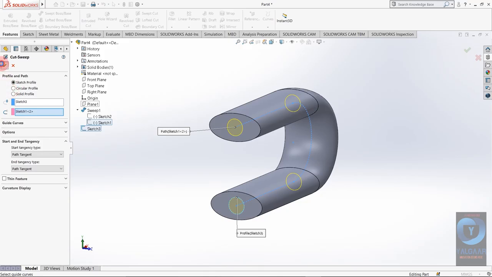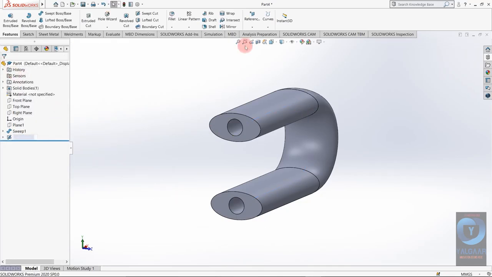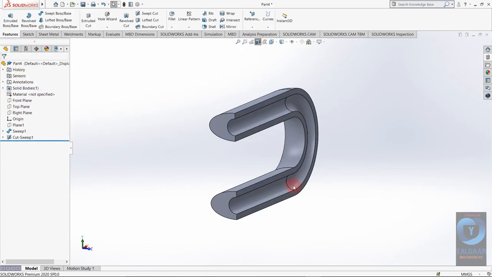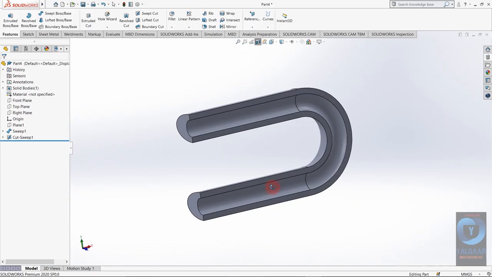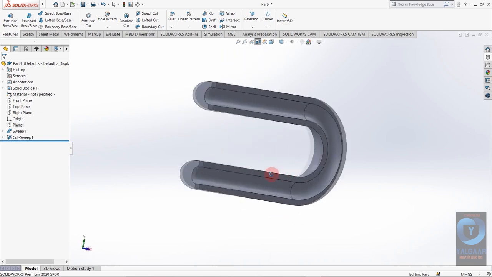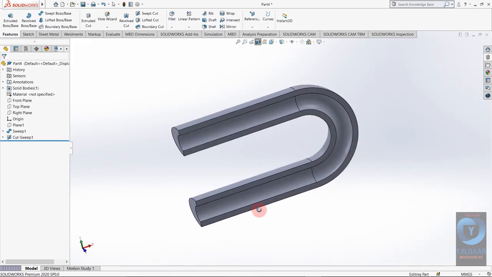So now I'm going to click OK. So by taking section view you can see the hole is created. So you can use this command to make various tubes or bent curves which you cannot draw with extruded boss.